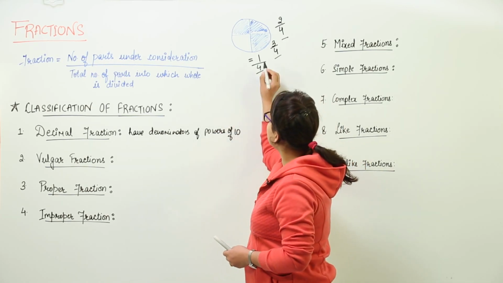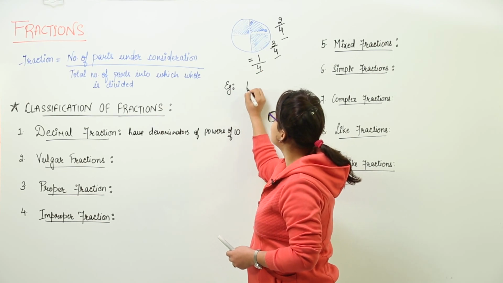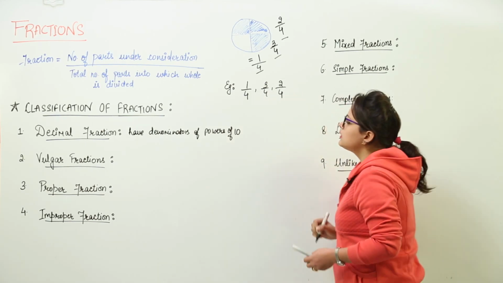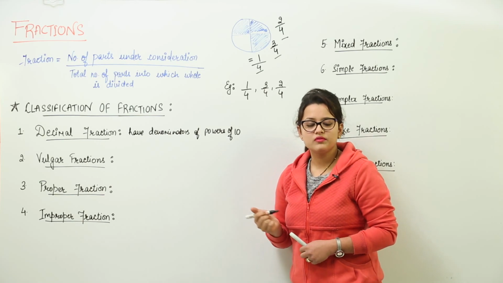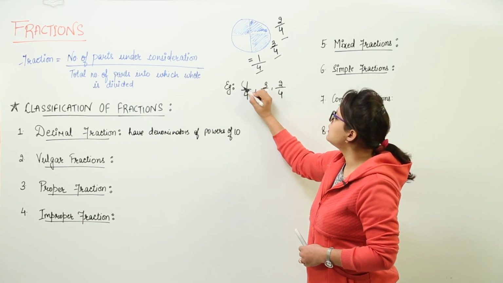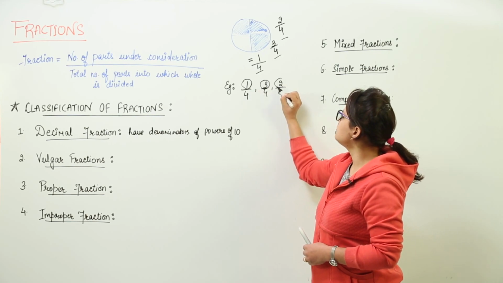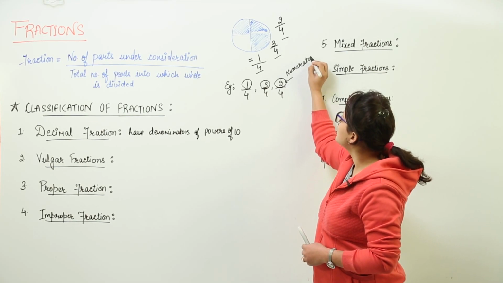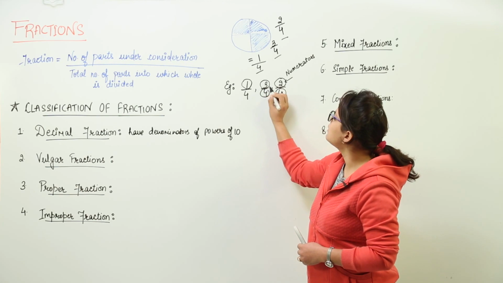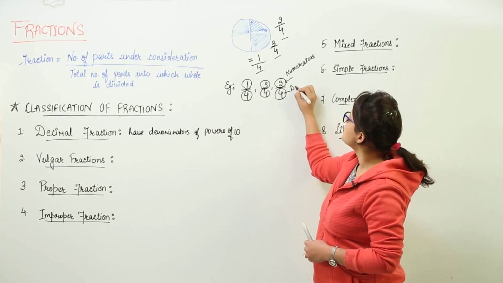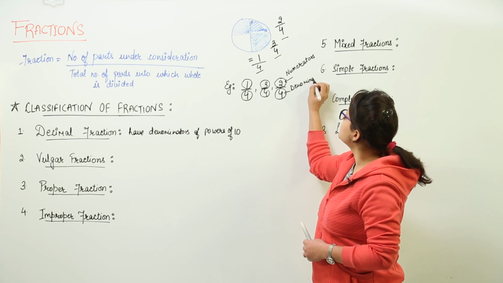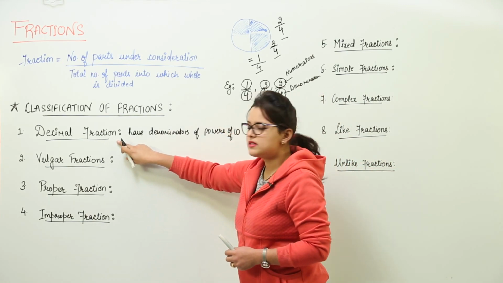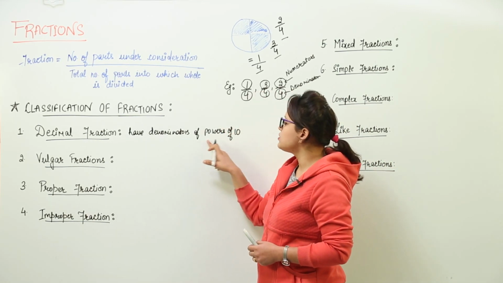That should be told. Okay, I have written down the examples of fractions, that were 1 by 4, 3 by 4 and 2 by 4. Now, all these 3 are fractions. The upper part written above, all these are known as the numerators of the fraction, and the ones that are written below this bar are known as the denominators, right? So, the upper one is the numerator and the lower one is the denominator. So, now as I told, the decimal fractions are those fractions that have denominators of powers of 10.